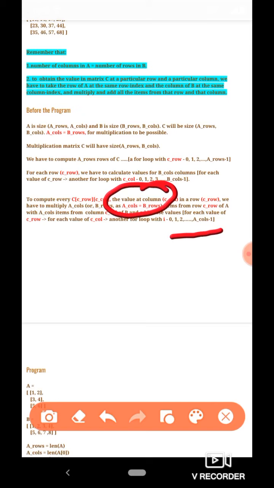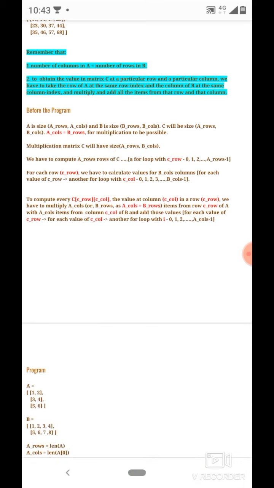It is going to run for values 0 to A calls minus 1, so that all the items from the row C row of matrix A can be multiplied with all the items from column C call from matrix B to obtain a particular item in matrix C. Now let us see the program.